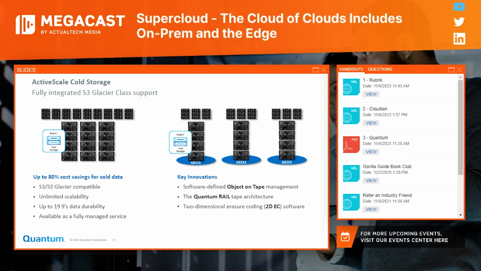And one of the key elements of our solution is what we call two-dimensional erasure coding that guarantees the availability of your data, the performance of the whole infrastructure, the durability of your data over time, and very good storage efficiency by storing both data and parity in very clever ways, in order to have a very efficient use of storage as compared to the multi-copy scenarios that you would otherwise use.